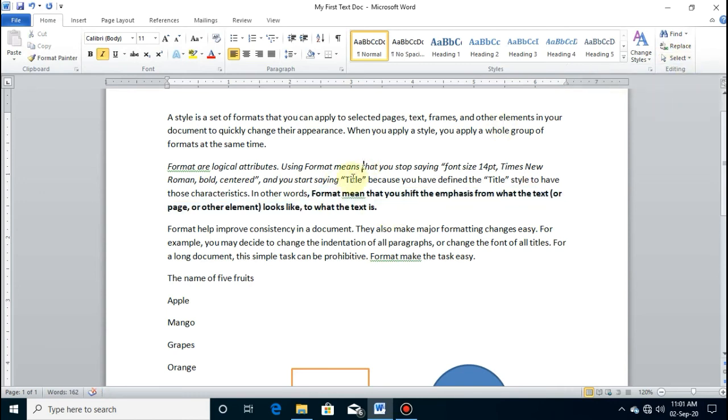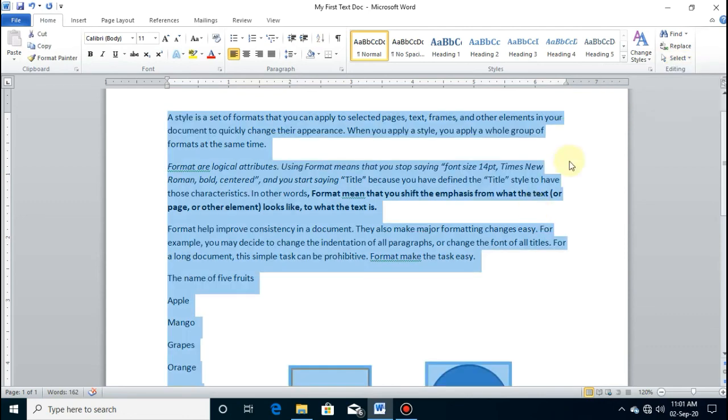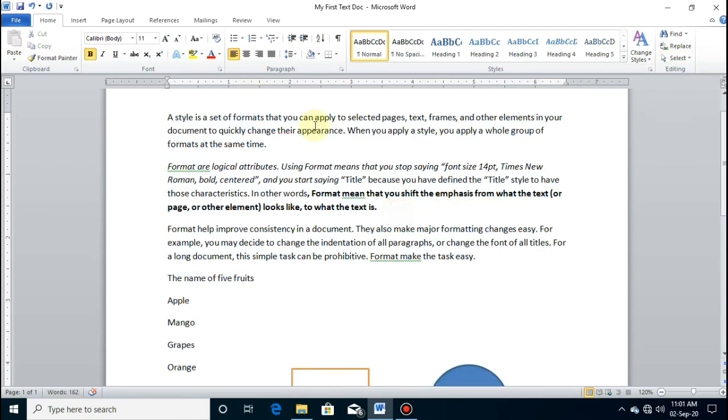If the cursor is blinking in the text which is italic, then only this text will be selected. In this way we can use this select text with similar formatting option.